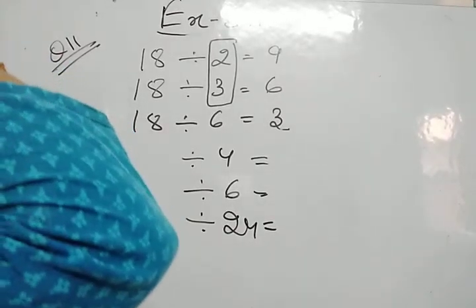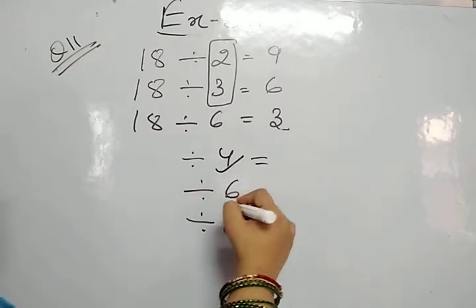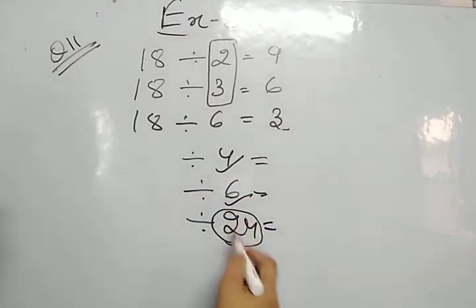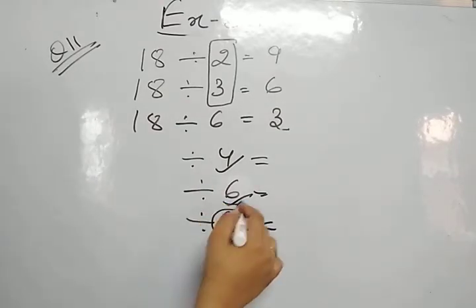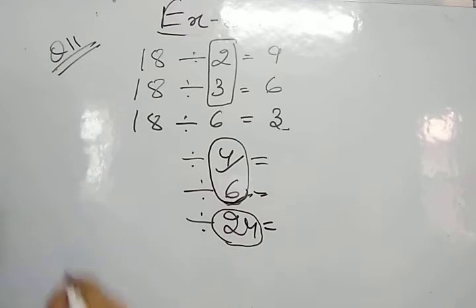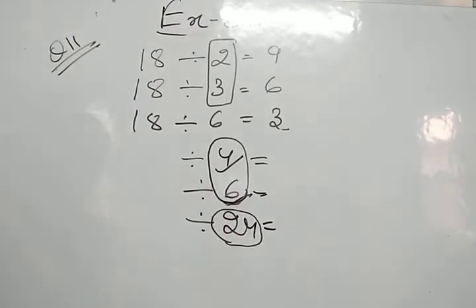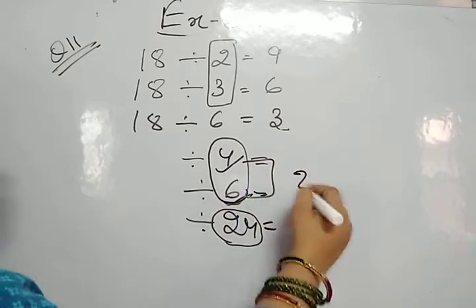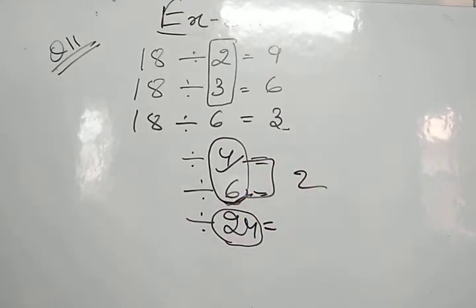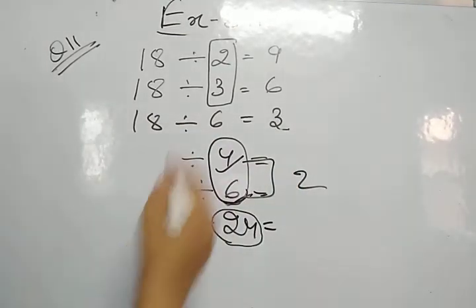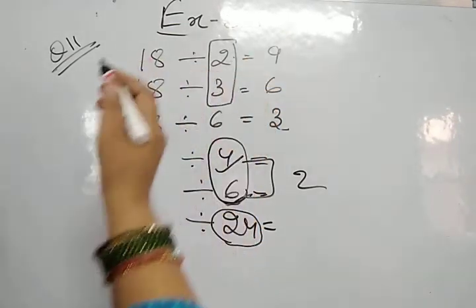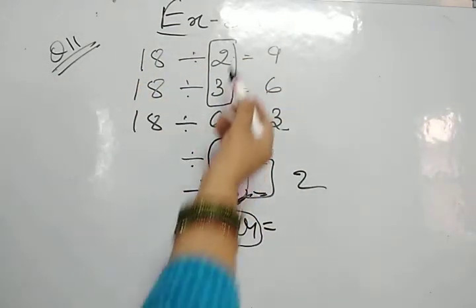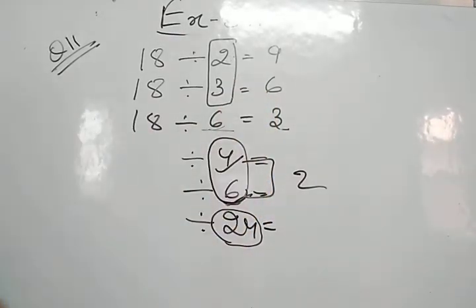Beta, it is not necessary that if a number is divisible by 4 and 6, then it will be divisible by their product also. Why is it not necessary? Because 4 and 6 are not the co-prime factors of 24. 4 and 6 have a common factor too. So these are not co-prime numbers. That is why it is not compulsory that the number will be divisible by their product also. It can be, but it is not compulsory that it will always be divisible by 24. But if we are dividing the number by its co-prime factors, then it is compulsory that the number will be divisible by their product also.